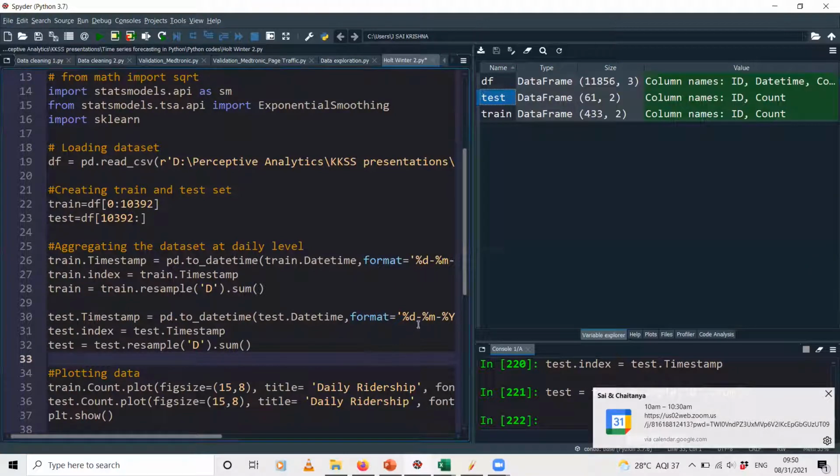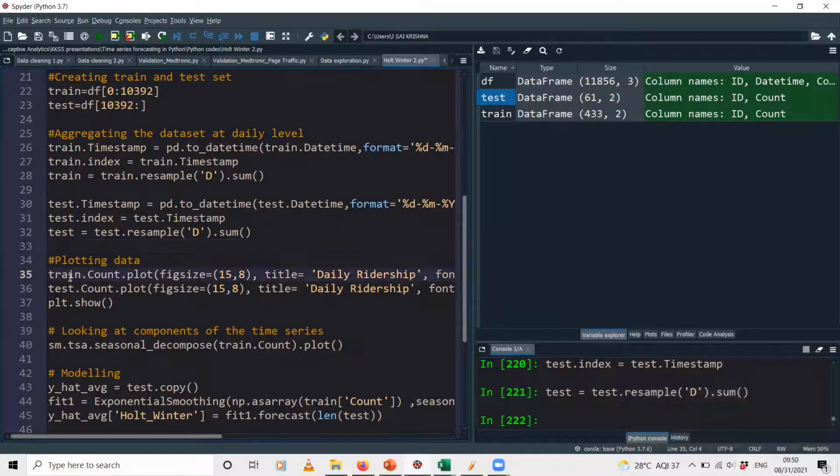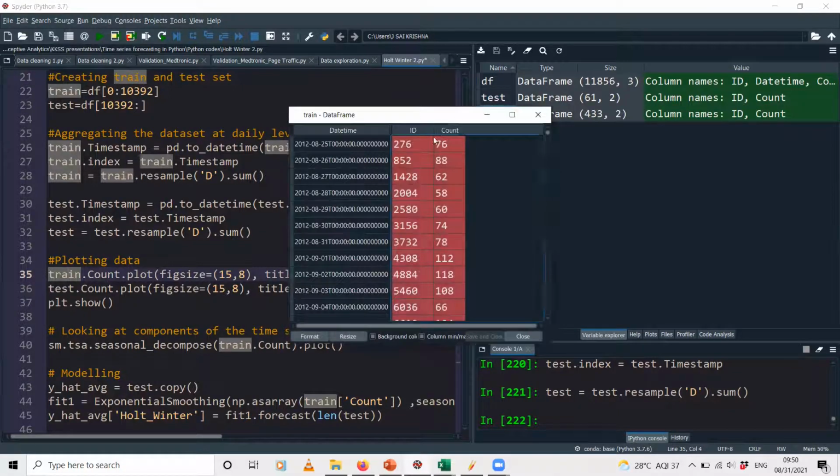And just to see how this time series looks, I am using these two lines over here. Train dataset name, dot variable name, and the plot function. The variable is nothing but the column name, the count column, which is the number of people who have traveled in the metro.